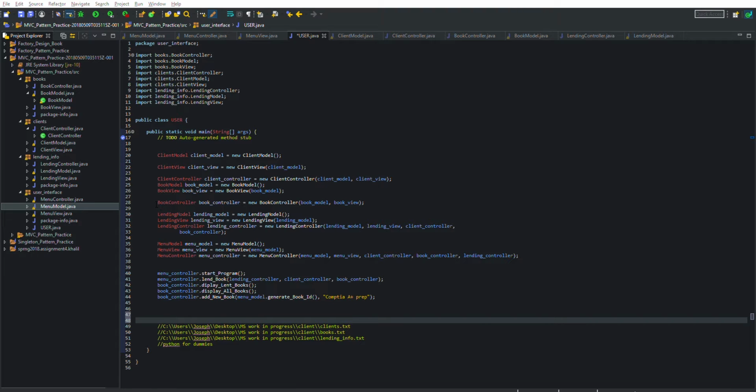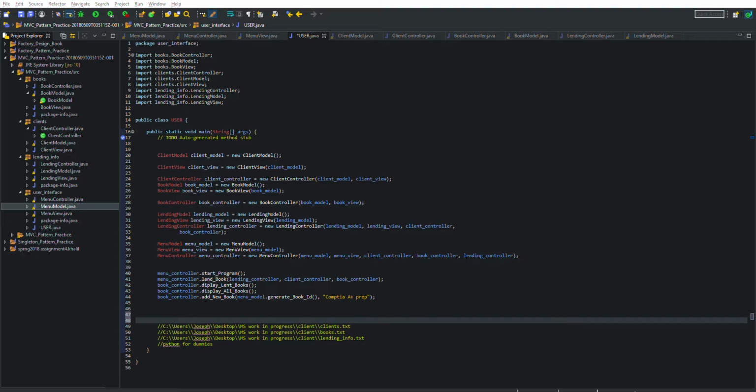And finally, there's the lending info, where we have a borrow ID, client ID, and book ID, which are both pulled from the previous ones. Date out is the day we issue the book. Date in is whenever the book is returned, and the fine amount. And now there is an explanation for the fine amount. For the fine, there have to be certain calculations, and if the duration exceeds a certain amount of time,